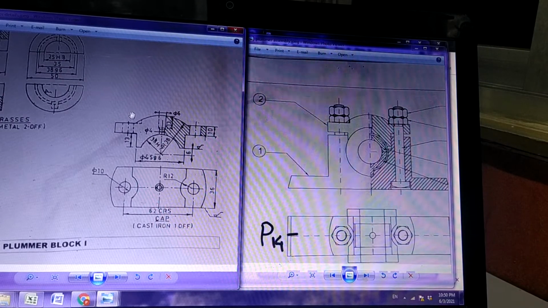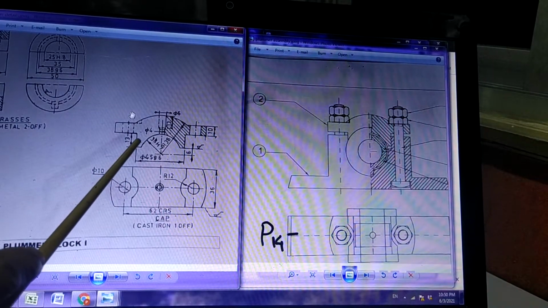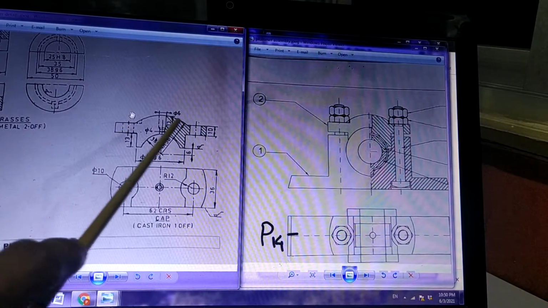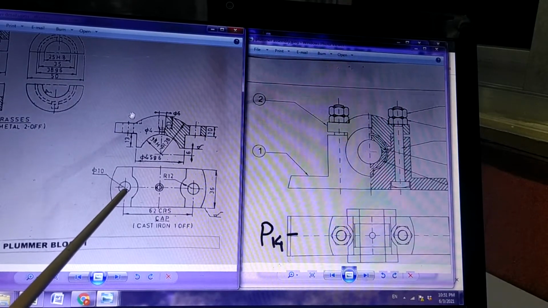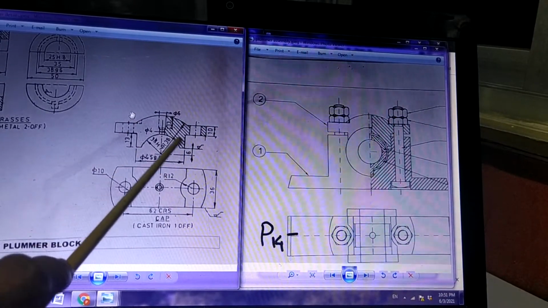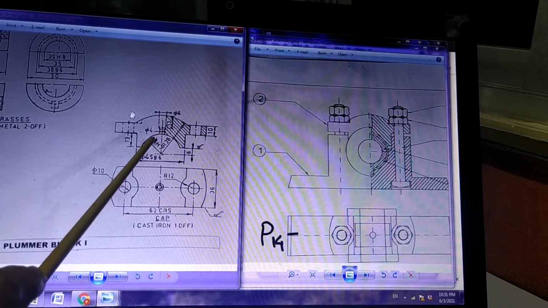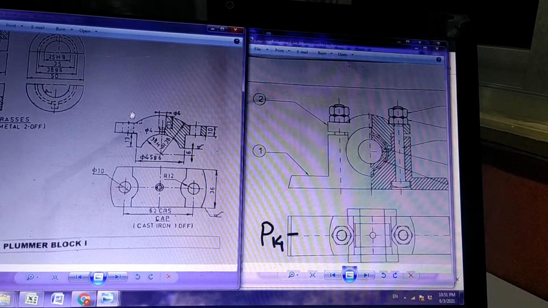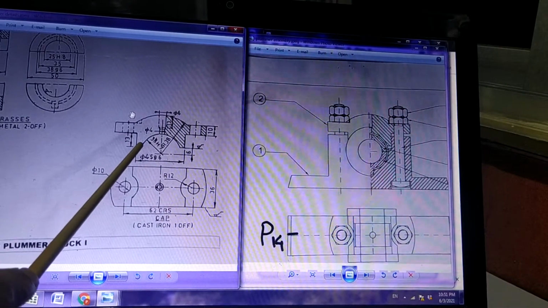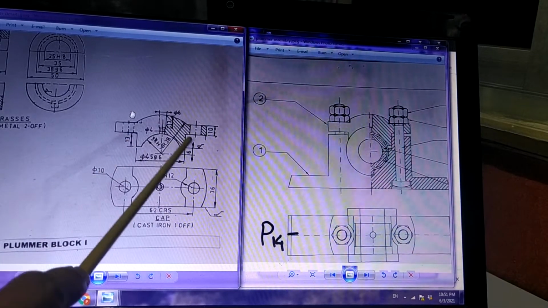Now comes the top part, that is the cap. This part, the cap, is shown over here. Now this cap is given some circular shape, then 2 flange-like shapes, and then there are holes here. These holes are the ones through which the bolt is supposed to pass. So the bolt will come up from here, and the curvature surface of the cap is going to rest on the bush. And then this surface is slightly above, so that it will not touch, only this surface will touch when you assemble. So when you draw the figure, you will come to know how this is done.